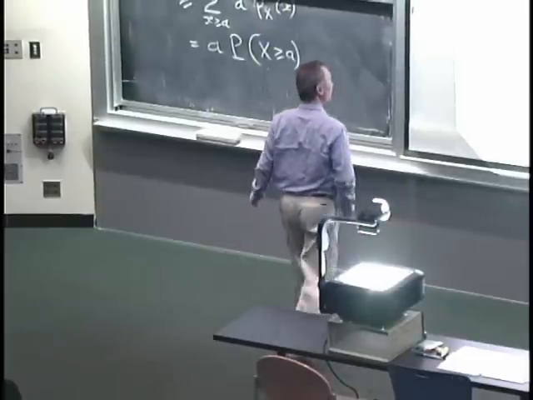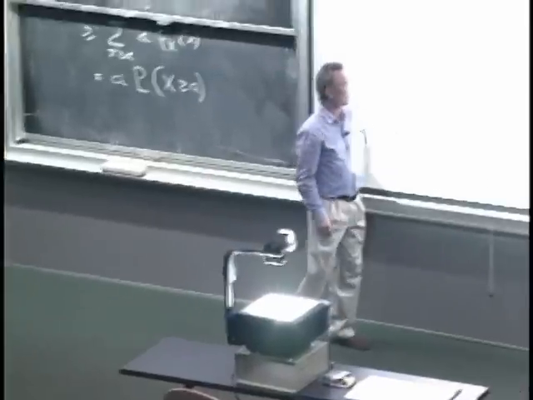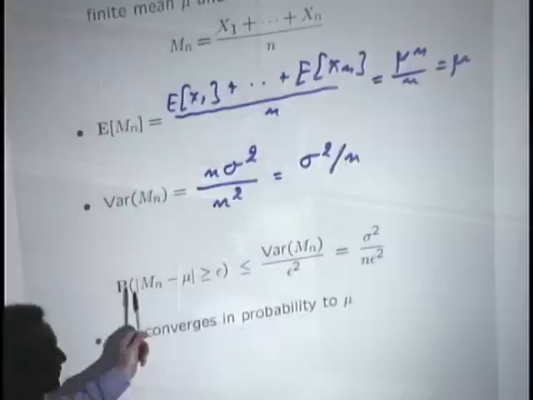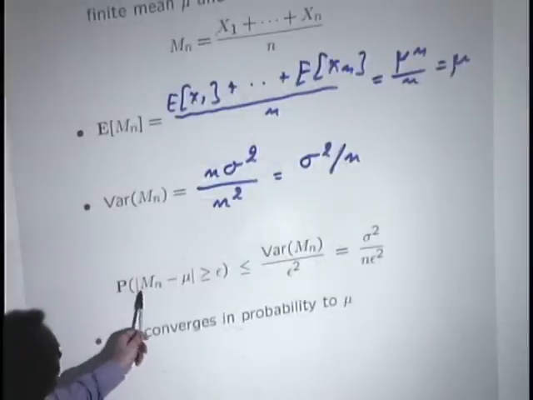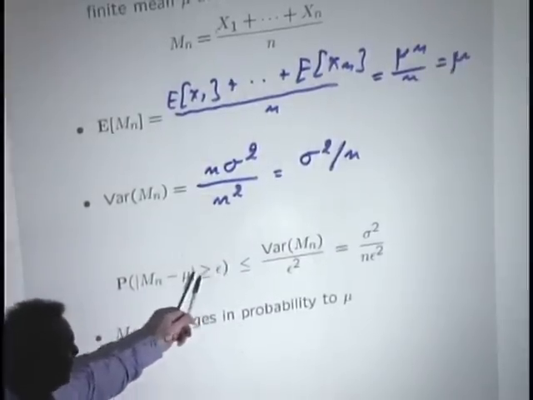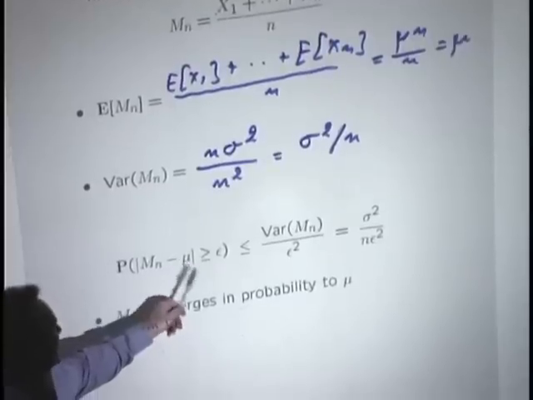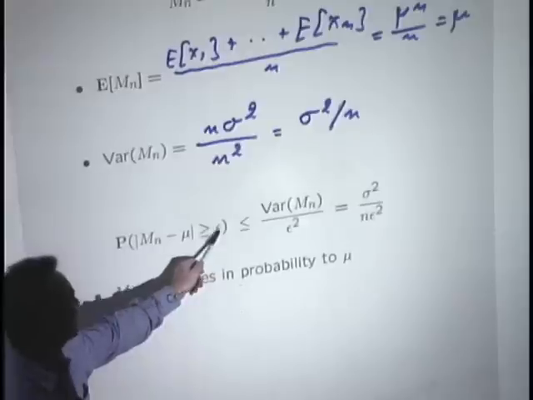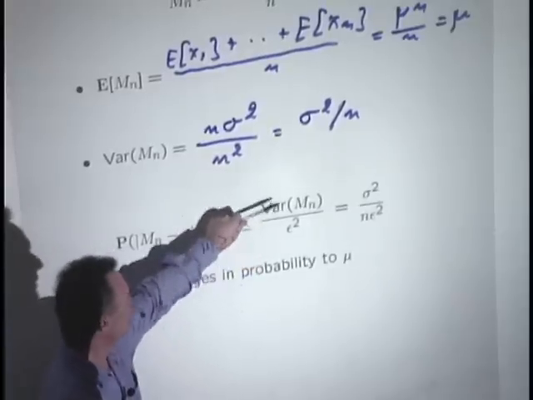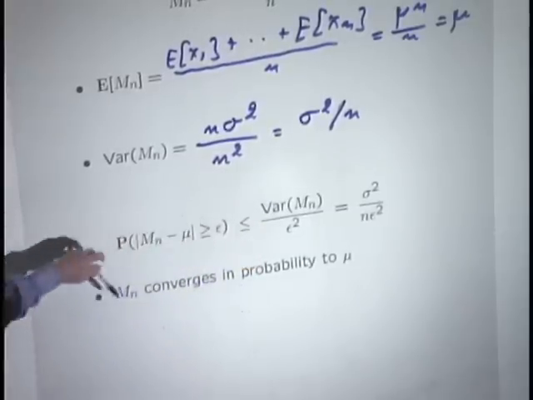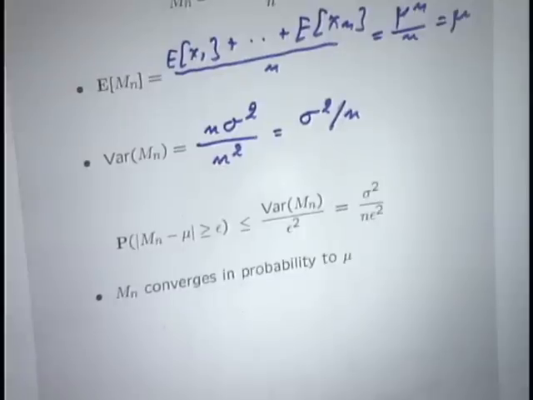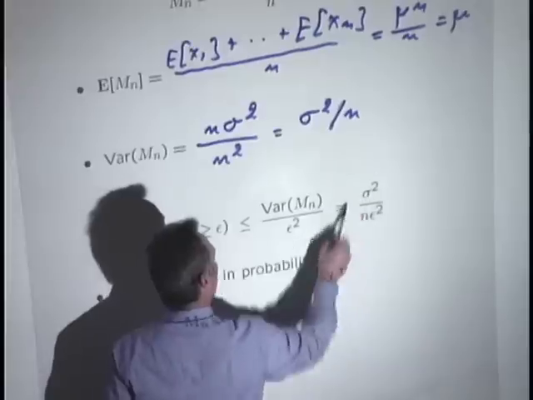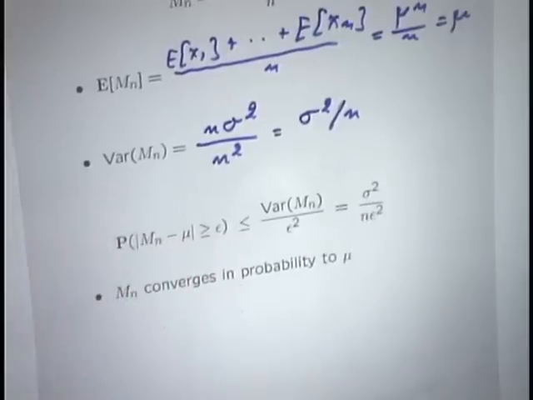Now let's apply the Chebyshev inequality to say something about tail probabilities for the sample mean. The probability that you are more than epsilon away from the true mean is less than or equal to the variance of this quantity divided by this number squared. So that's just a translation of the Chebyshev inequality to the particular context we've got here. We found the variance, it's sigma squared over n, so we end up with this expression.